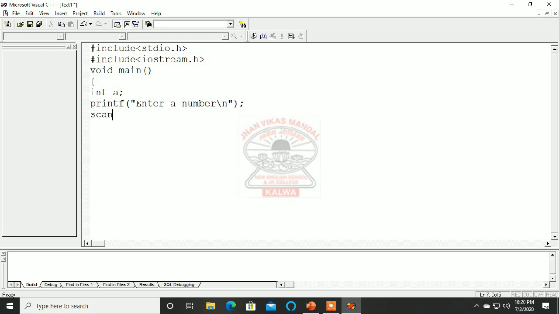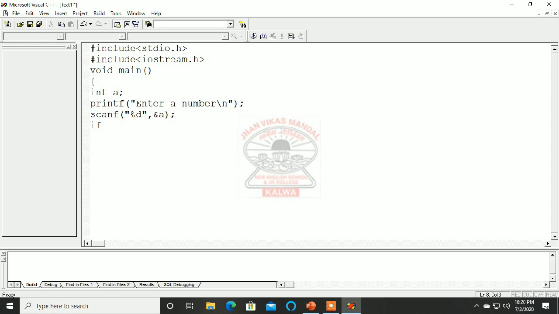Then I have to use scanf, where we want the input from the user, so I will use %d, remember, because we are using an integer. The format specifier for integer is %d, and here &a. So whatever you are entering will be copied in the a variable.